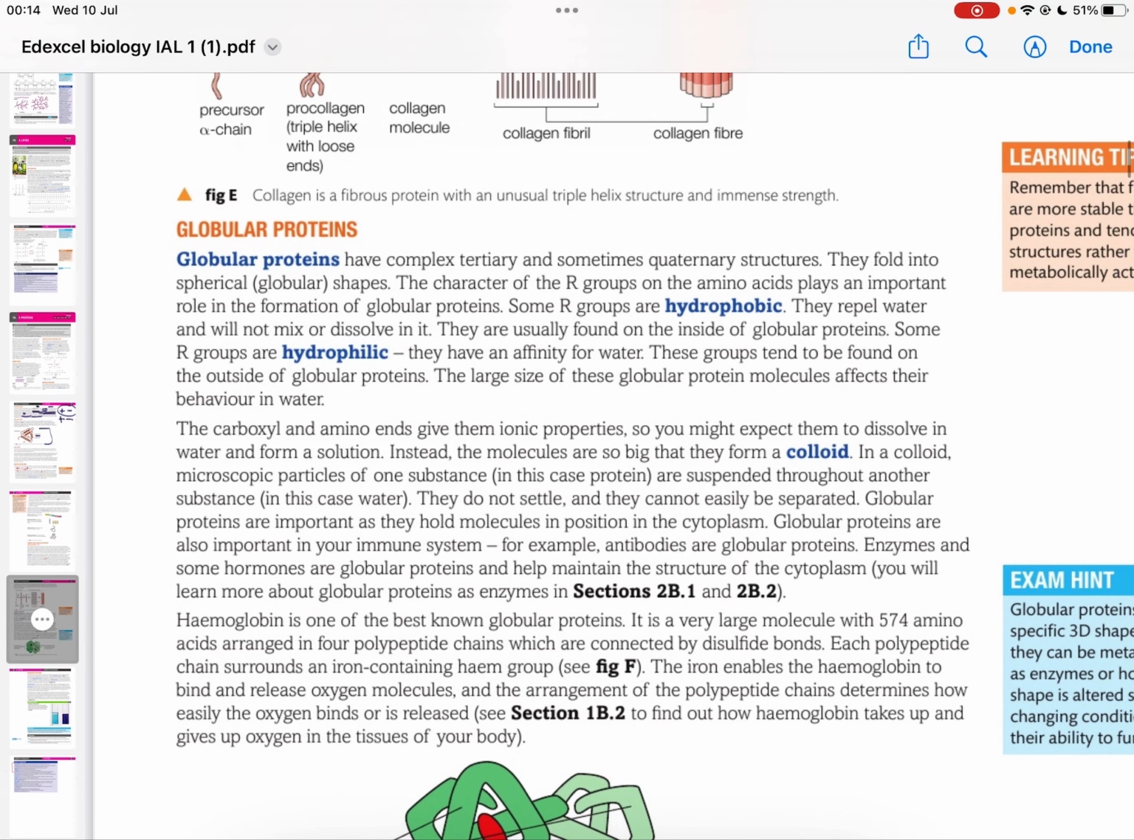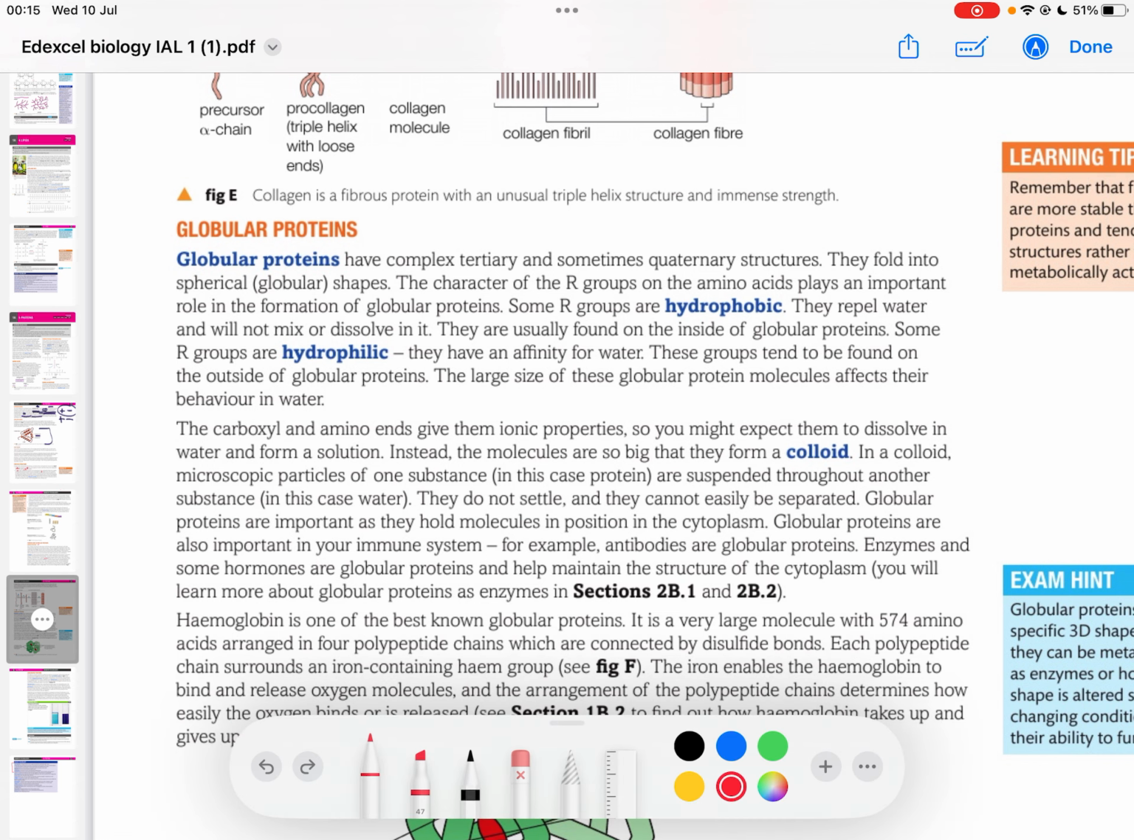Okay, let's go. The carboxylic and amino ends give them ionic properties, so you might expect them to dissolve in water and form a solution. Instead, the molecules